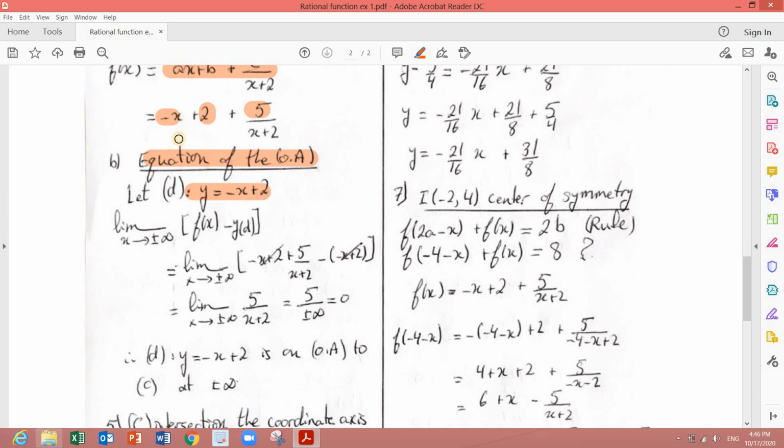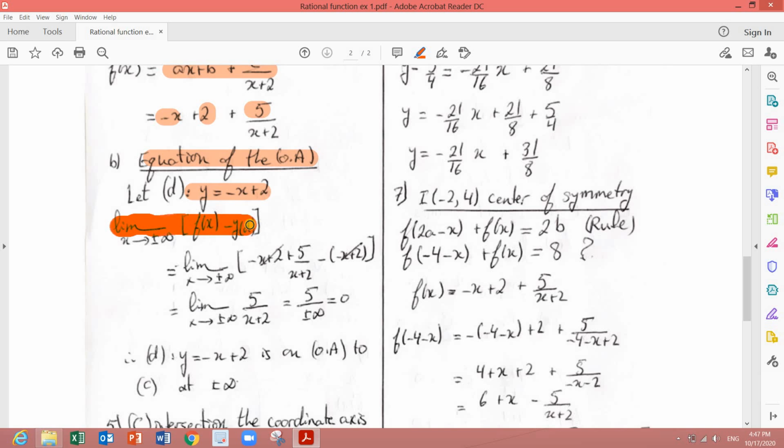As I said before, it is determined from here. y equals minus x plus 2 plus 5 over x plus 2. I take not the fraction part, so it is minus x plus 2. So to prove this one is an oblique asymptote, I have to prove that according to the rule we took, to prove an oblique asymptote, we are going to show that the limit